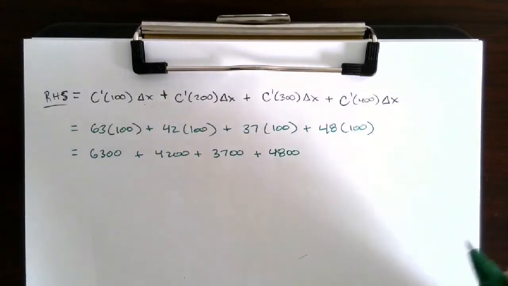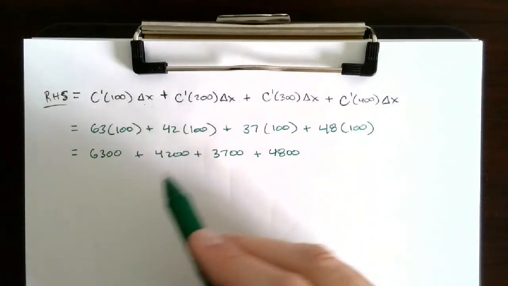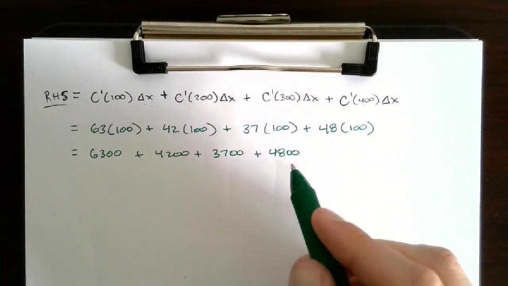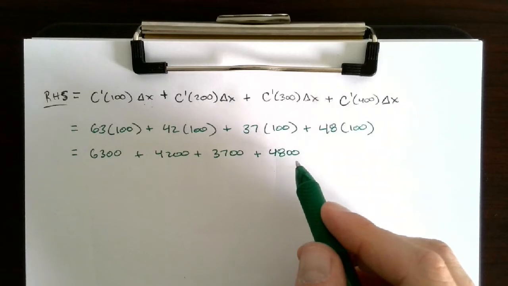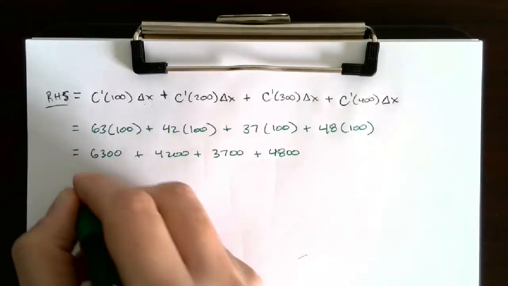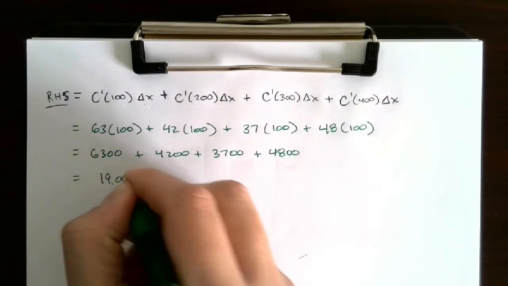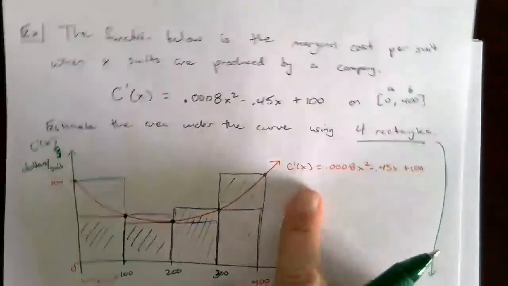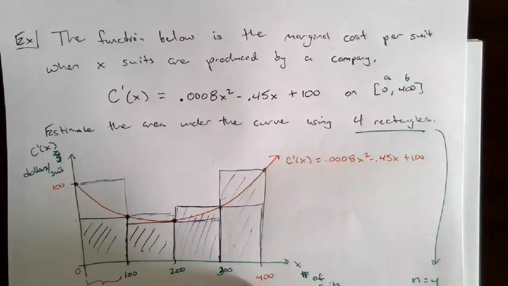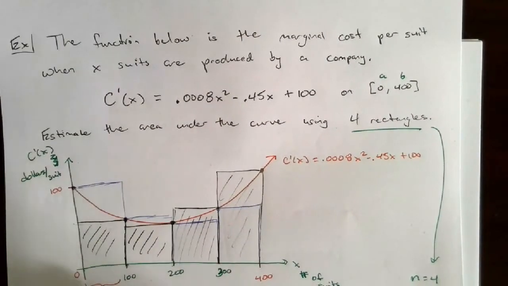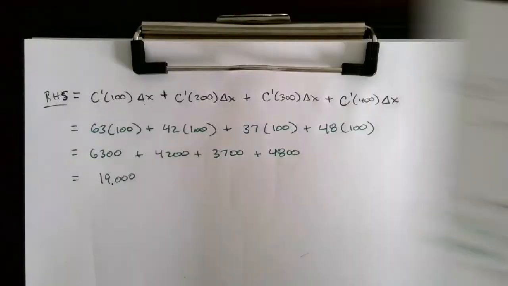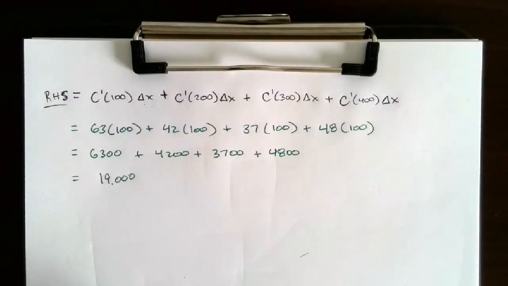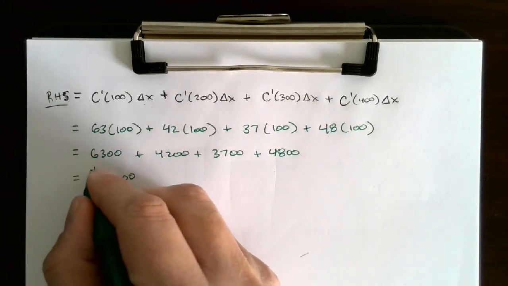And when you add those up, 6300 plus 4,200 plus 37 plus 48, we get 19,000. Now remember what you're finding here. If this curve is C prime of x, the area under the curve from 0 to 400 gives you the cost for producing the first 400 suits. So C prime is the marginal cost. When you find the area under the curve, you're finding the cost for that amount of suits. So this is $19,000